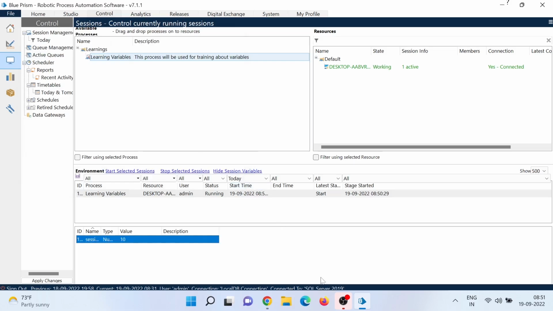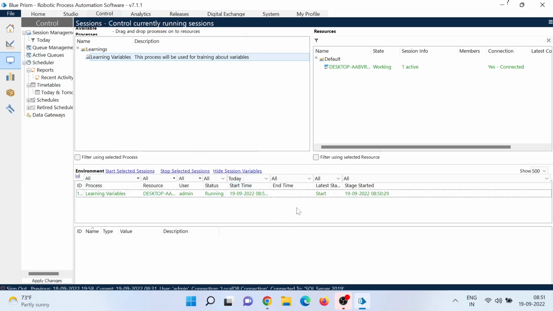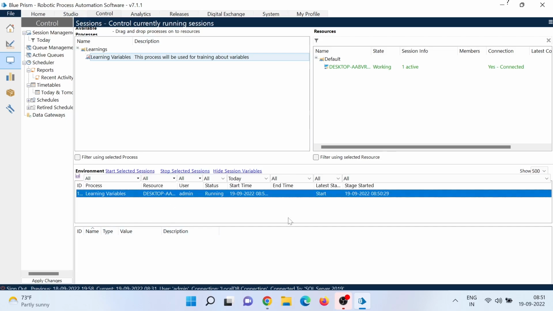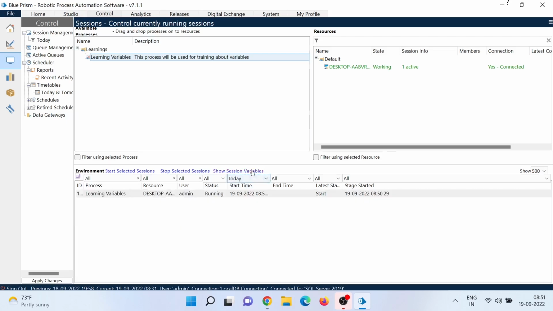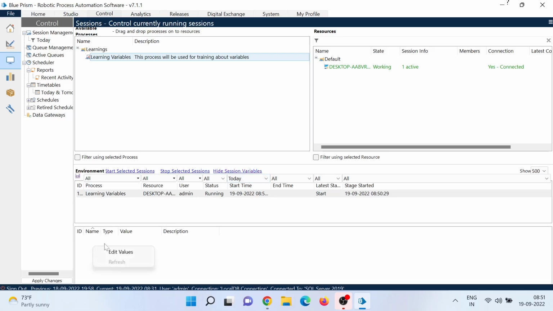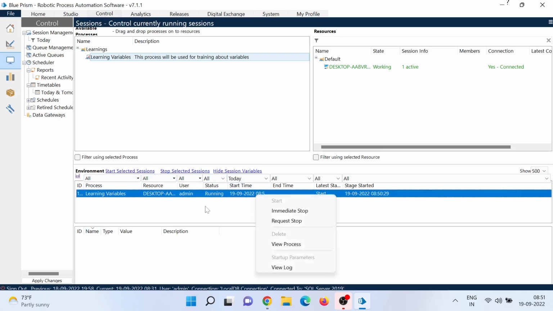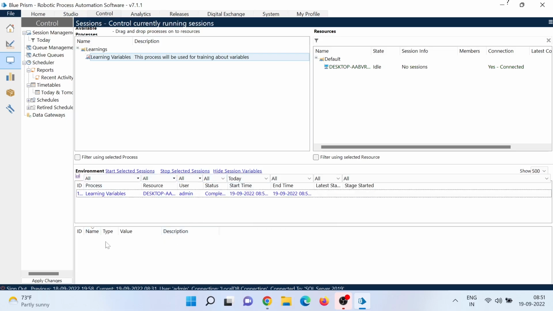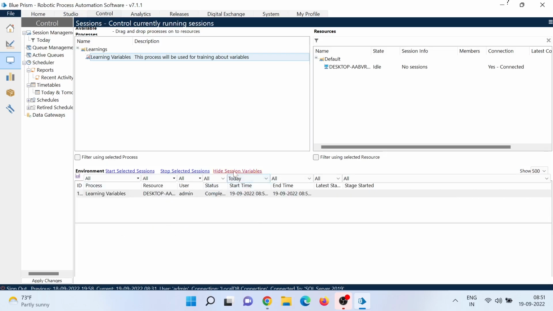Right, now you will see that because I have reduced it to 10, it should stop after some time. Yeah, it stopped. Okay, so why is it not visible now? Because it is not running actually. So I was thinking why it is not visible. It will be visible only when the session